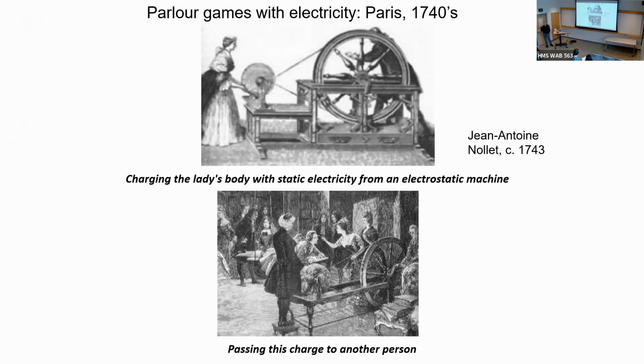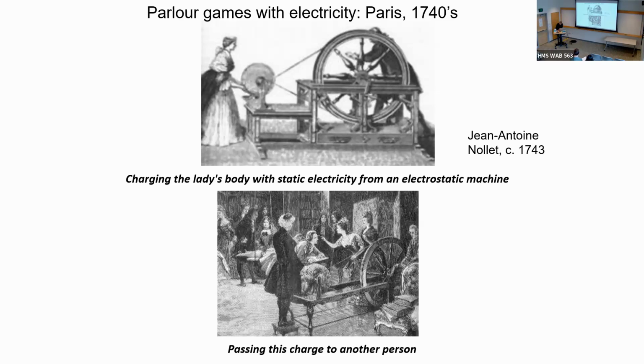Did experiments, wrote letters to each other, published, and very quickly, from like the 1740s to the late 1780s, there was a huge amount of progress made in understanding electricity. People devised these machines where you could charge up with huge amounts of static electricity, and then you could shock each other. And this became very popular in the French aristocracy, where people would do these experiments as after-dinner entertainment.